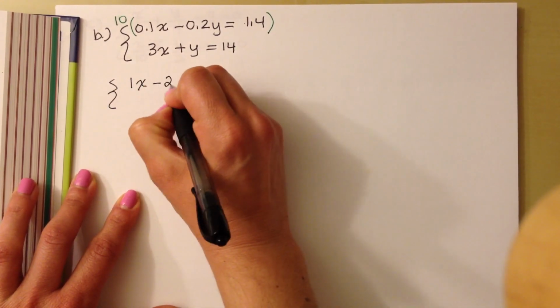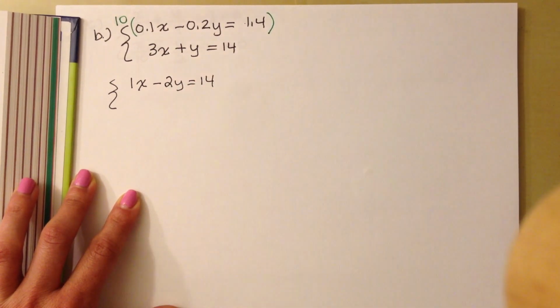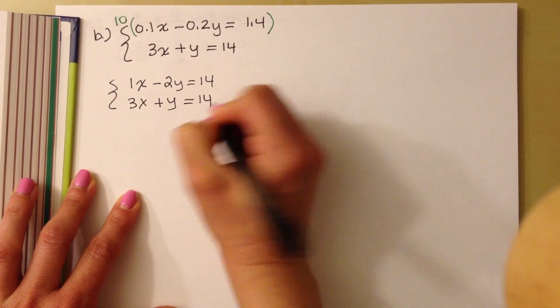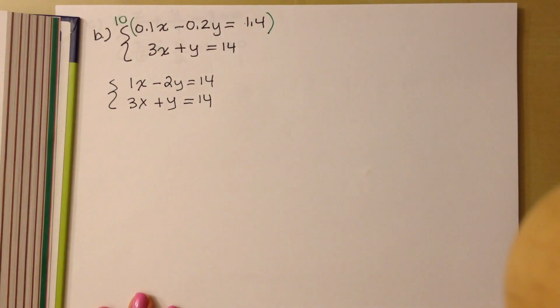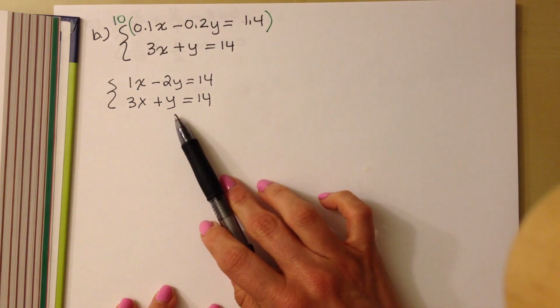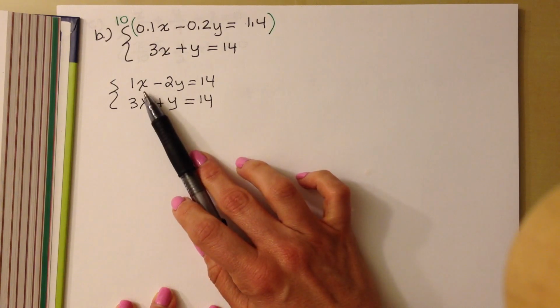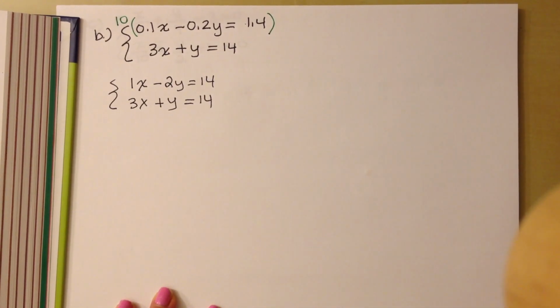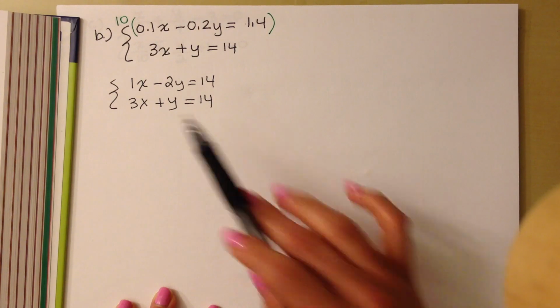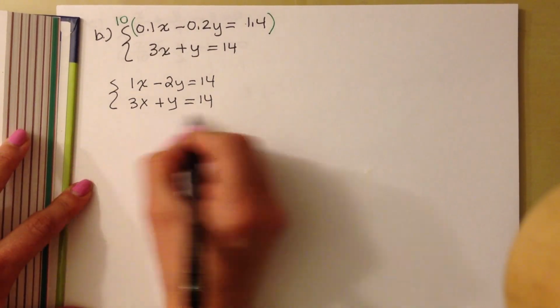1x minus 2y equal to 14, and the second equation is the same. We are still solving by substitution, in which case we need to determine which variable to solve for. And so I noticed that we have y as a single variable and we have x as a single variable. You can choose either one to solve for. I'm going to solve the second equation for y. So I will just recopy my equation here